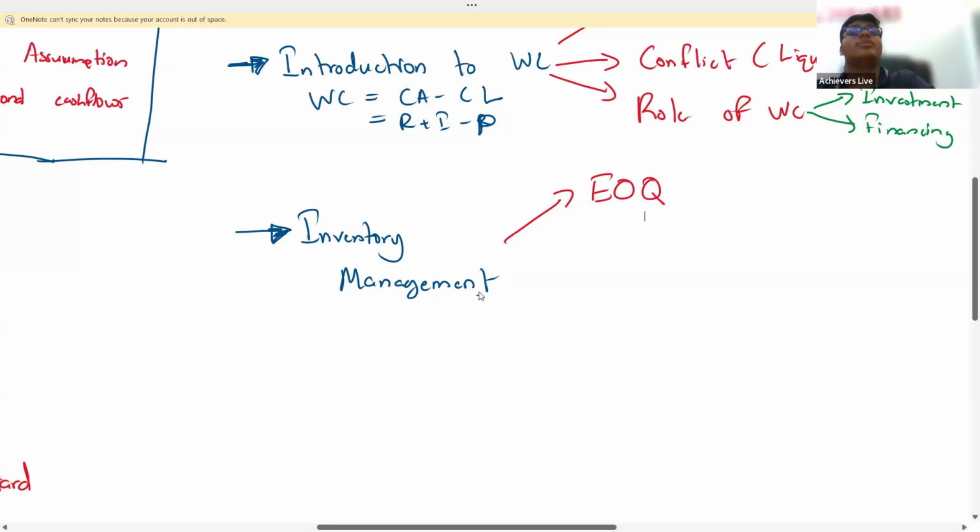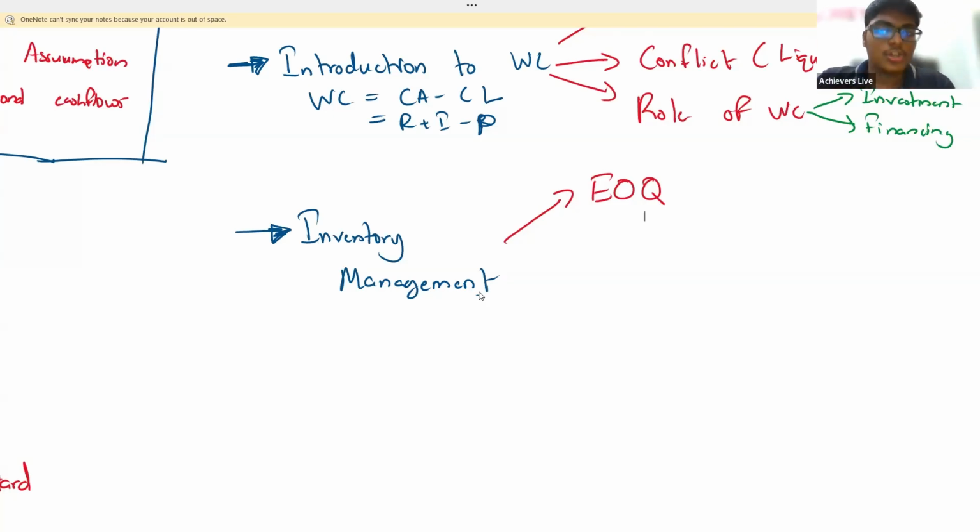Ordering cost and holding cost, correct. So EOQ looks at which order quantity you are going to minimize both the holding cost and the ordering cost. So EOQ will give you the most economic, cheapest order quantity unless there are any bulk discounts. If there are bulk discounts, what should you do? You have to calculate the EOQ value and you have to calculate the bulk discount cost and compare the